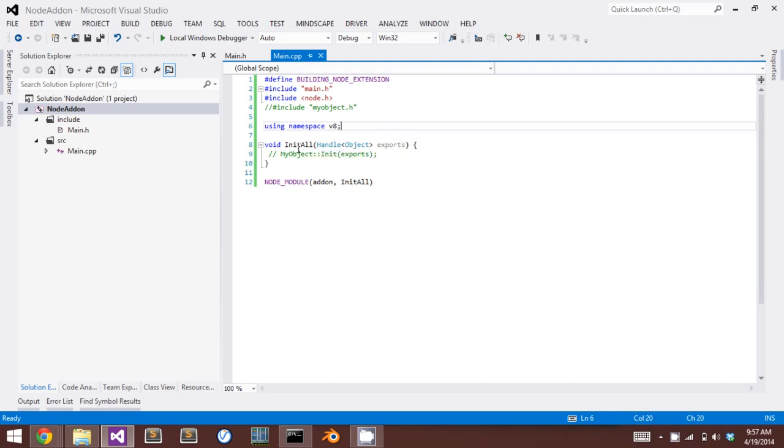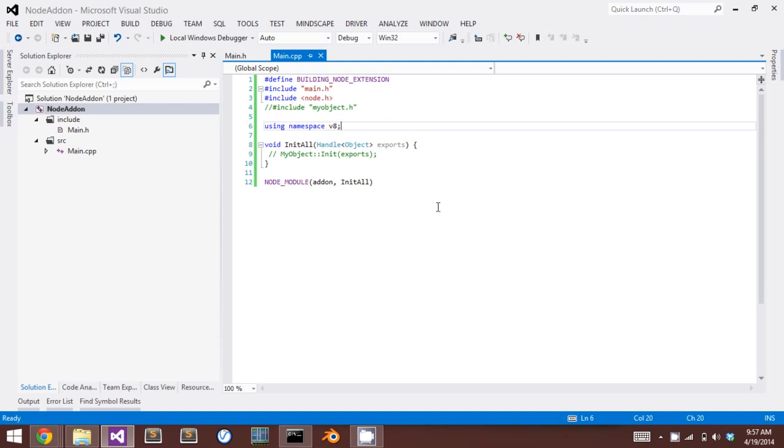This initAll function is going to be passed into Node.js as the main code to run inside of the add-on, and it'll be attaching all of the objects to the exports object to allow the JavaScript to access those